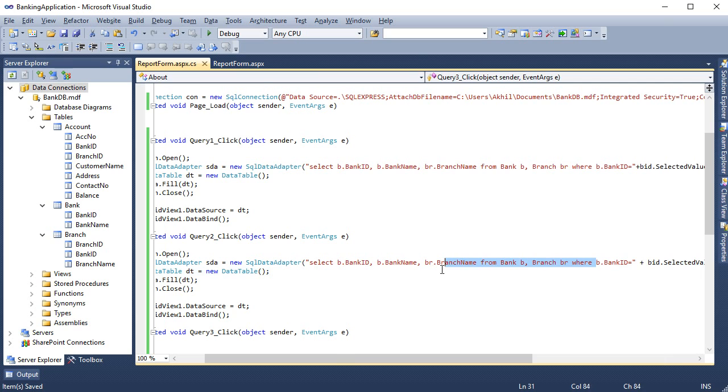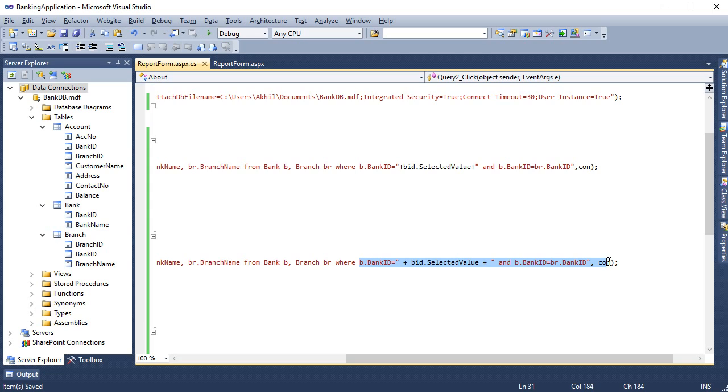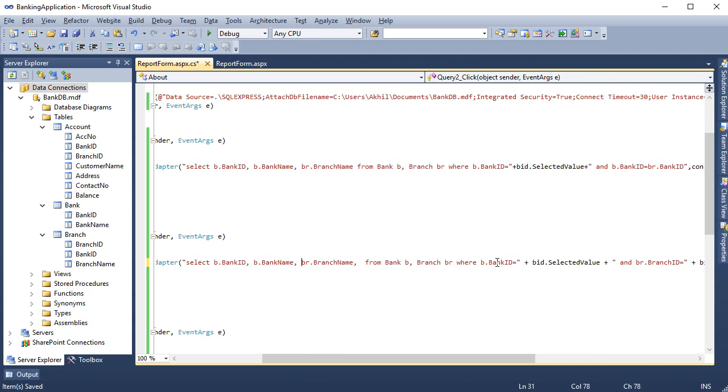Bank ID as well as branch ID, br dot branch ID, and we are supposed to display the